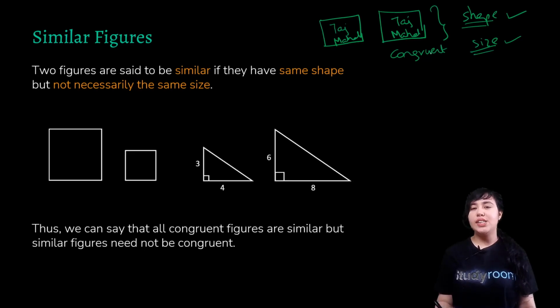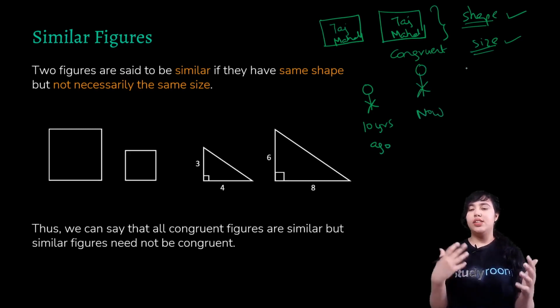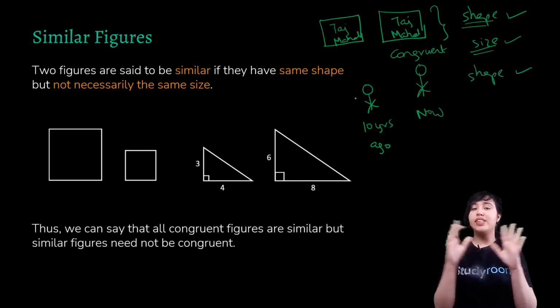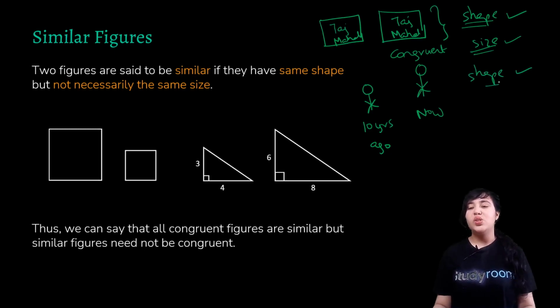Now, if I ask you to grab a photograph of yours 10 years ago, when you were a kid probably, so 10 years ago, say this is how you looked, and now I ask you to take a picture of you at present. So what would you say about them? Congruent, similar, or neither? Well, shape would obviously change over the years. So even if the size of your photograph is the same, the shape is different. So here you would neither be similar in these photographs nor congruent.